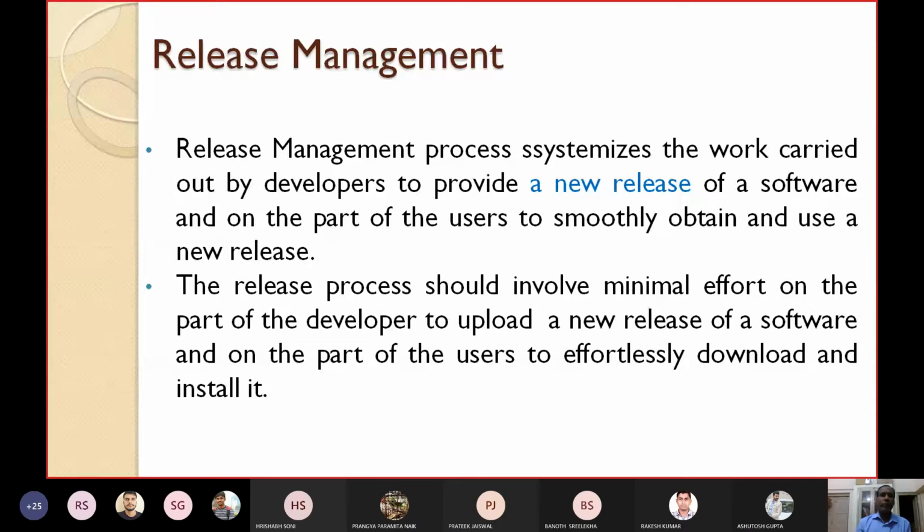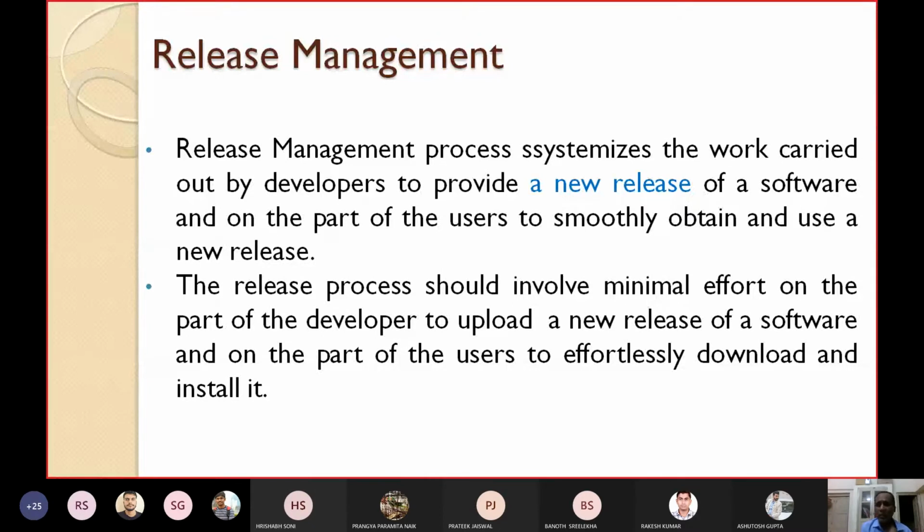The release process should involve minimal effort on the part of the developer, such as to upload a new release of a software, and on the part of the users to effortlessly download and install it.